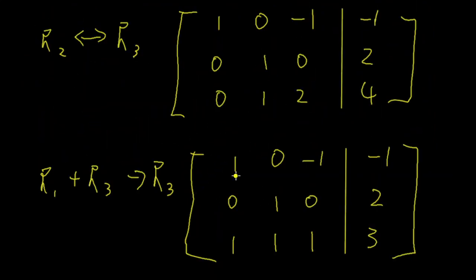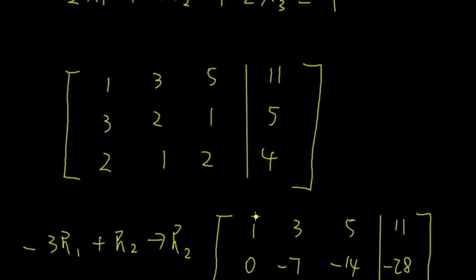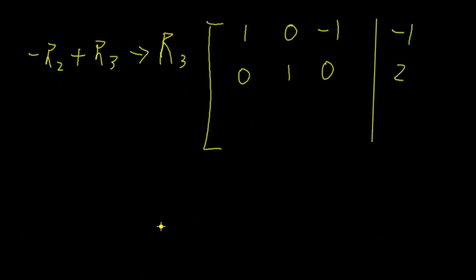Now, negative row 2, so negative this plus this will not change. So it's 1 here. Negative this, negative 1 here, plus 1 is 0. Now this will not change, plus 1 is still 1. So negative 2 plus 3 is 1. So what we have in row 3 is 1, 0, 1, and 1. Let me write this here: 1, 0, 1, and 1.